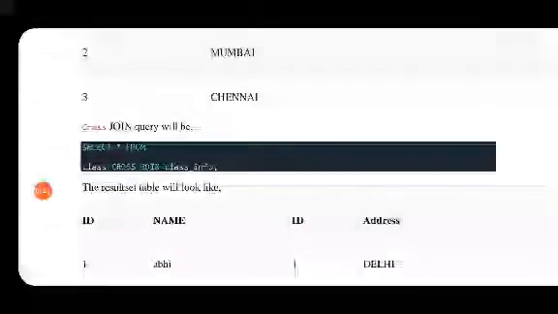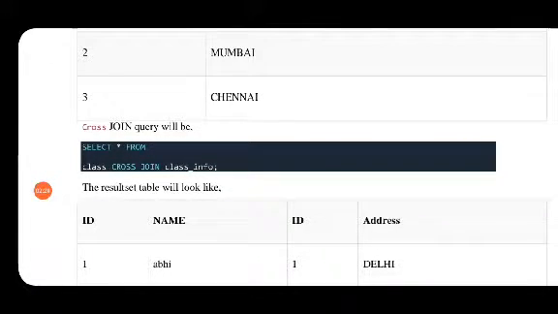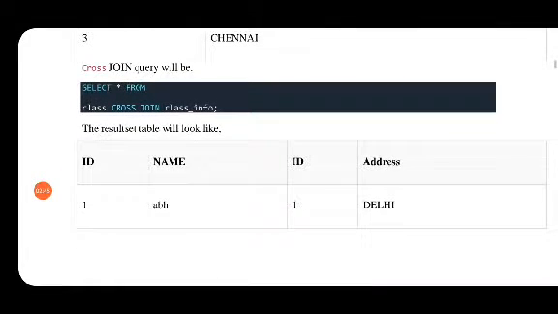So when you will cross join or do the Cartesian product, you have to write select star from class cross join class info. So cross join is the keyword you have to write. So what is the resultant set you are going to get? ID name, ID address. So you are getting it.